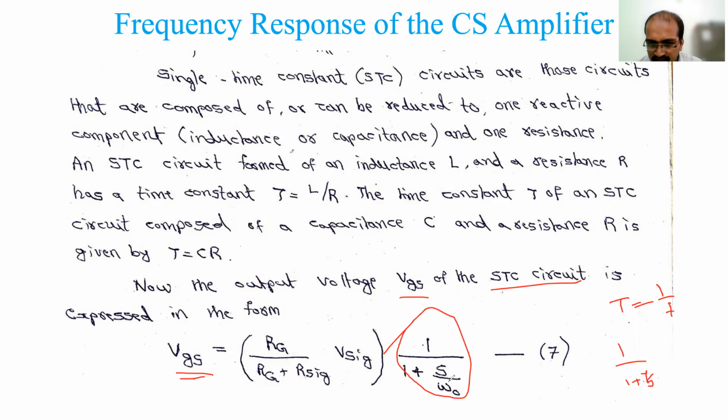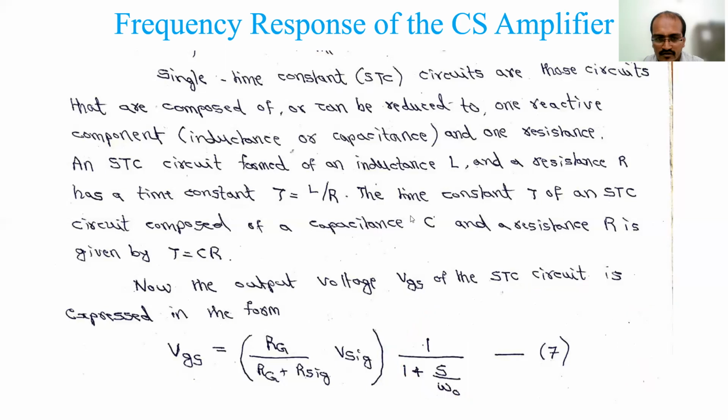The same thing is used in this expression. So this tau is replaced by 1 by omega naught, written in angular frequency. So that's why s by omega naught. Okay, so that is nothing but 1 by tau. So omega naught is nothing but 1 by tau, or tau is nothing but 1 by omega naught. So this you need to remember here. This is your equation 7 now. So from now onwards our derivation becomes easy. So now we'll refer to this equation 7.